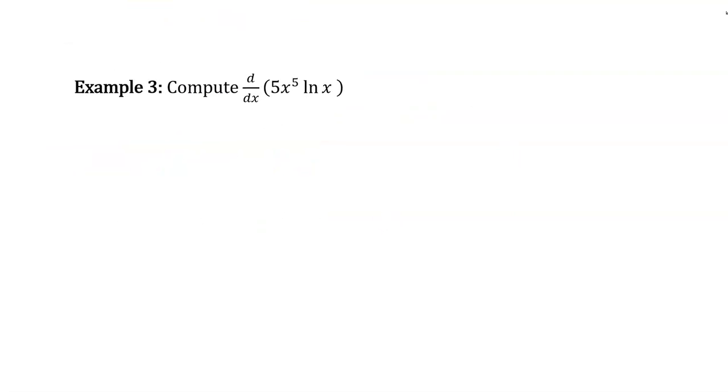So here we have the lovely product rule. Split right down the middle. We have, there's f, and there's g. Product rule says f prime g plus f g prime. So if f